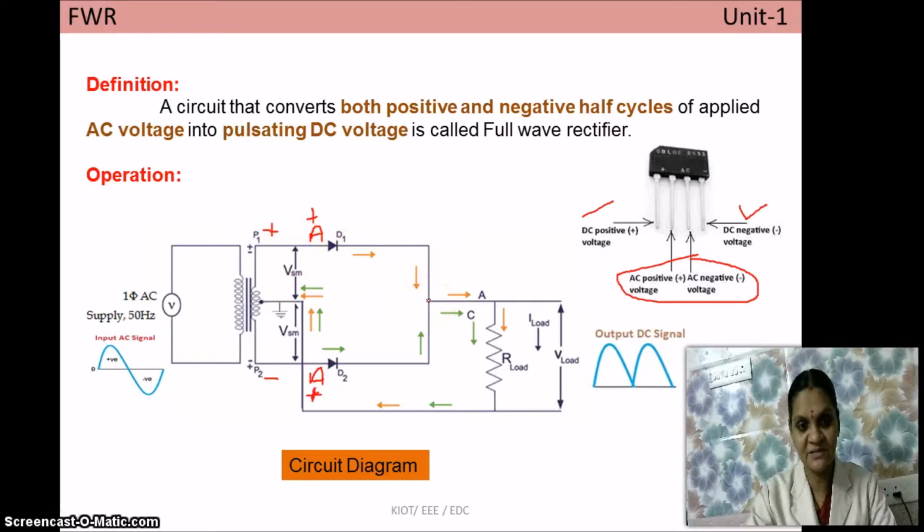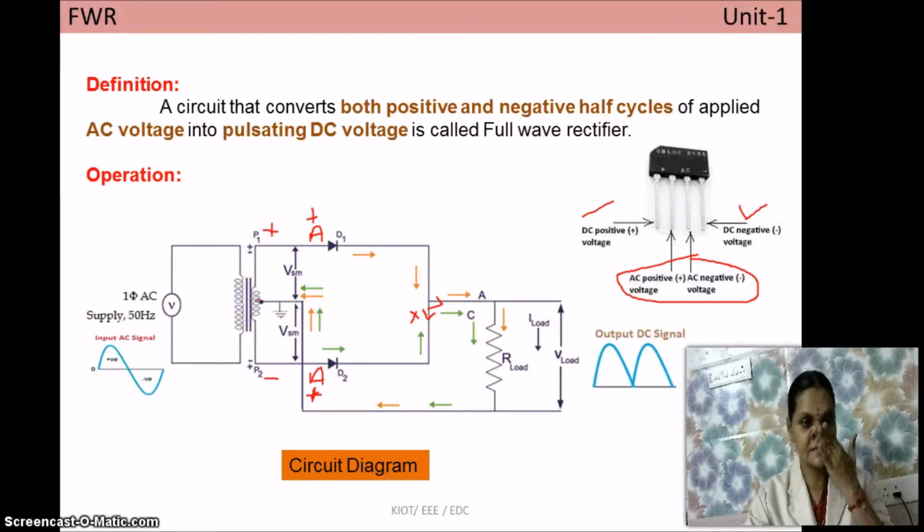Again here some junction is there. Here there is a possibility for the current to get divided like this, but in this direction the circuit is left open due to the reverse bias of the diode D2. So this direction for the flow of current is not possible. So current prefers this path. And again here there is only one load resistance, only one path for the current to flow. So entire current takes this path and again it is going. So here only a junction will be here. It's not an interjunction, it's a jumping part, and current flows through this center tap terminal and the circuit gets closed here like this.